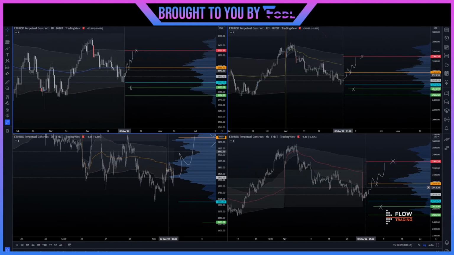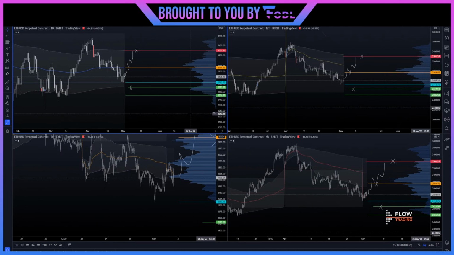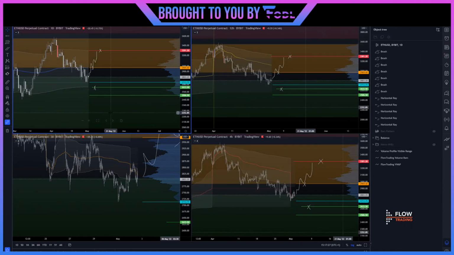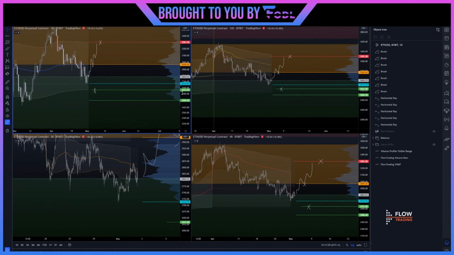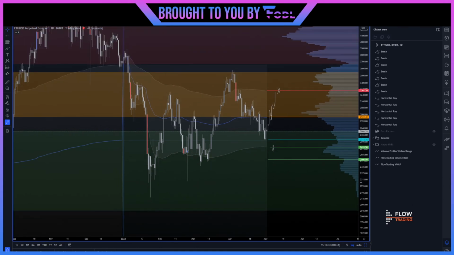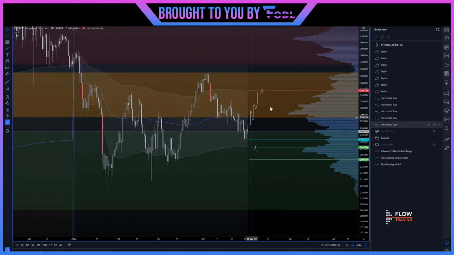So basically the current month's value area low has perfect confluence with the current year's VWAP, right? So that's, for me, a key level, and hence why I do it this way. All right, so if I was to put the balance patterns thing back on, it has perfect confluence again with those value areas, with the volume areas, these orange marks, right? So basically break above $2,960, and I think we've got a very good chance to go